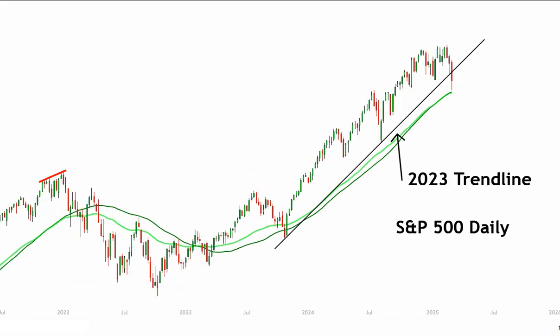It's testing the 50-week simple moving average and the EMA. It's testing both of them right here at the same time. And testing horizontal support, key horizontal support, which I talk about in my Sunday update, which I'll link at the end of this video. So again, you've got the NASDAQ testing the 50-week. You've got the S&P testing the 50-week. And Bitcoin is just above it.